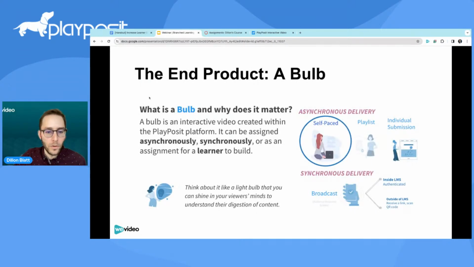Now, before we go any further, for those who are newer to the tool, you do need one piece of vocabulary to help today, and that is the word bulb, which is really just our end product in PlayPosit. So a bulb is the interactive video that you create inside of the PlayPosit platform, and it can be assigned in a few different ways: asynchronously, so kind of at the learner's self-paced mode,